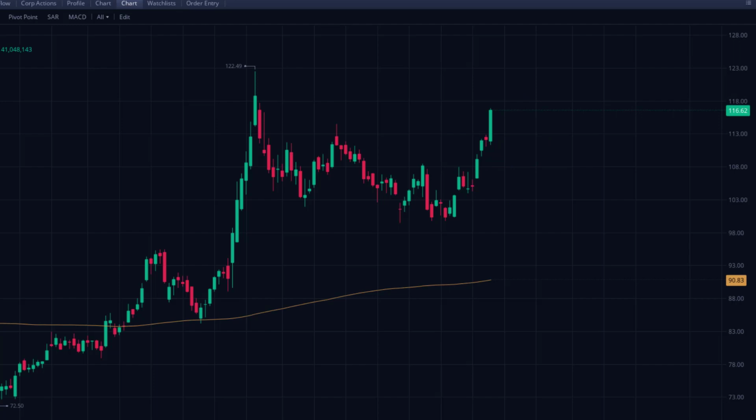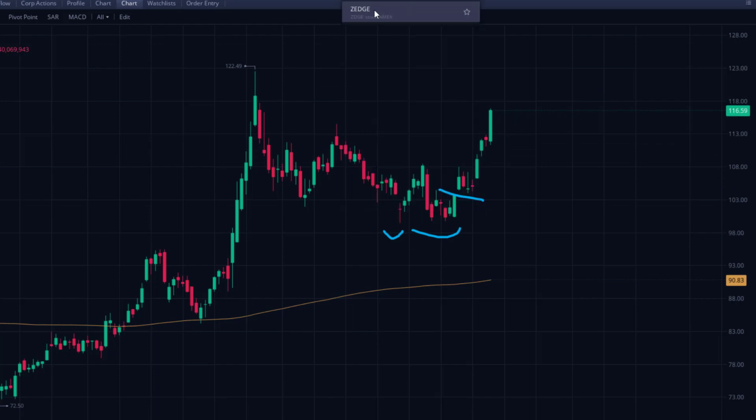So hopefully you get an understanding: you find an uptrend, you use the 200 period moving average to help identify that, you then look for a double bottom, like that, and then a price action signal. It's that simple. So let me show you one that I'm looking at right now.